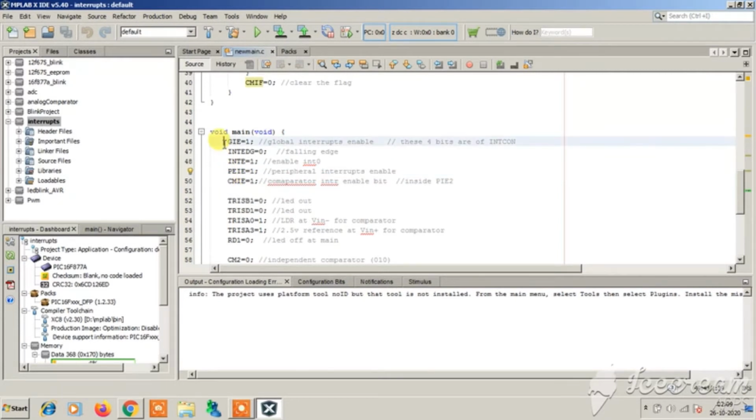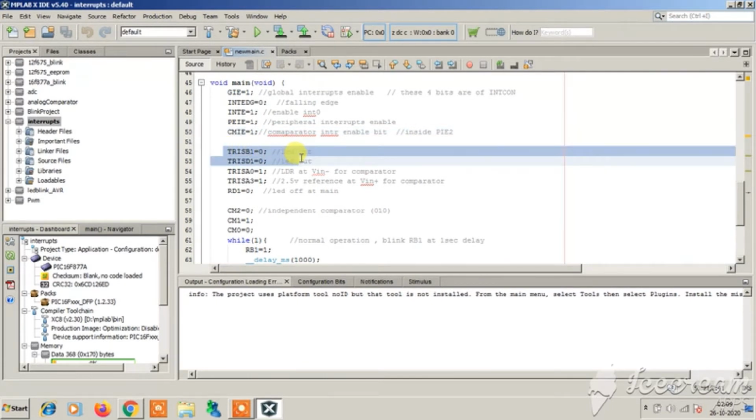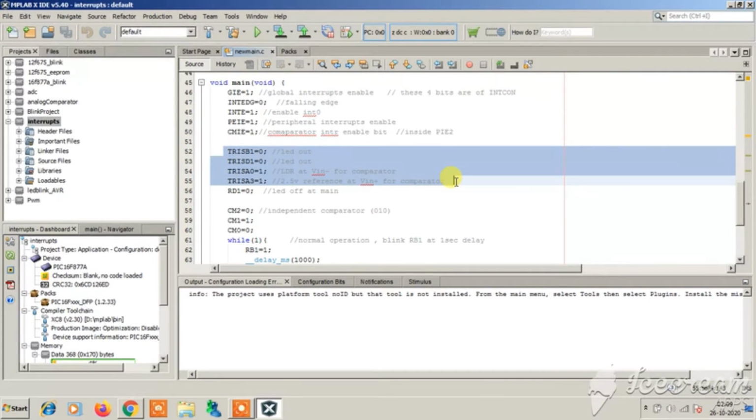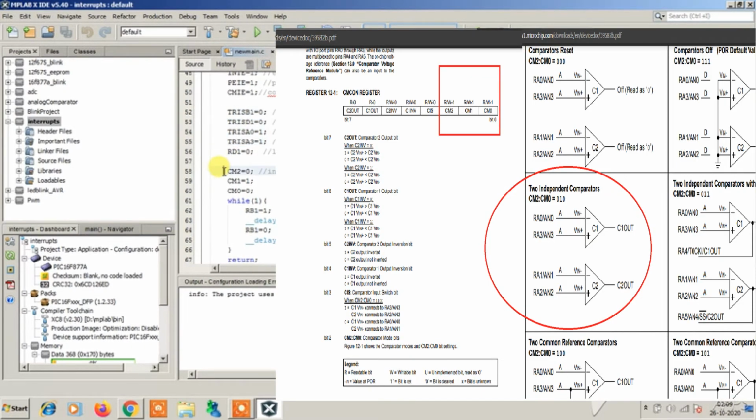So this is the enabling process, and then setting the corresponding LEDs as outputs and the comparator inputs by using the tri-state registers for the corresponding pins, and the RD1 LED is off at normal conditions, and the comparator is set at the independent comparator mode.